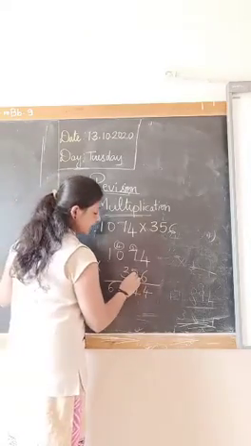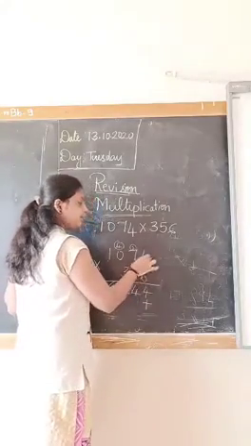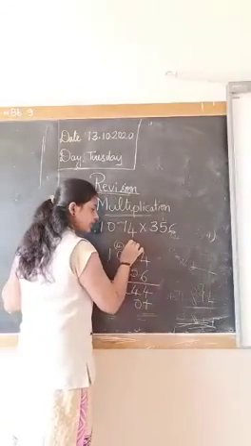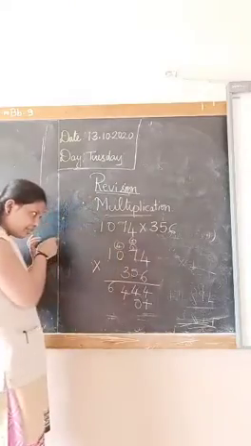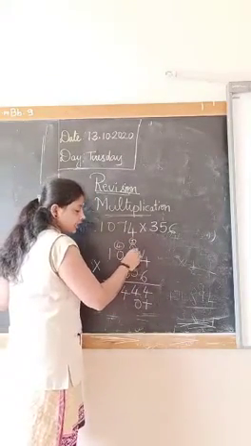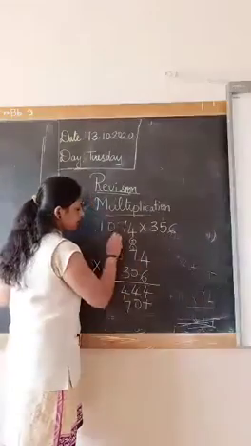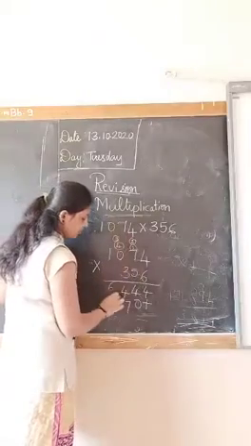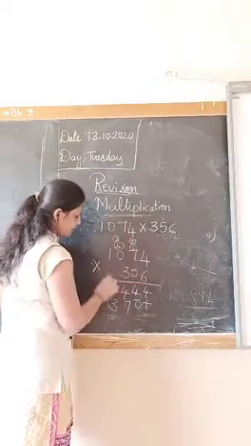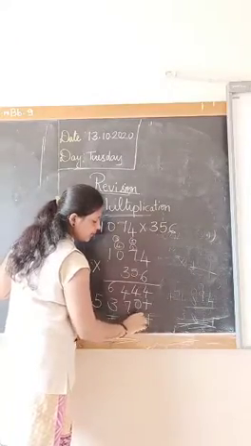Okay. Then the second number you are using, so put a plus here, start from here. 5 fours are 20. Now this is the carryover of the second number. In the second line we write the carryover on the top and right. 5 sevens are 35 plus 2, that is 37. 5 zeros are 0 plus 3 is 3. 5 ones are 5. Now you are using the third number, so put 2 pluses here.